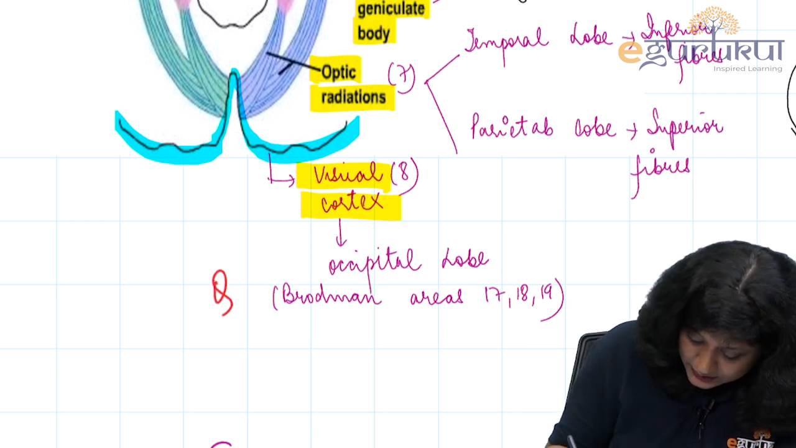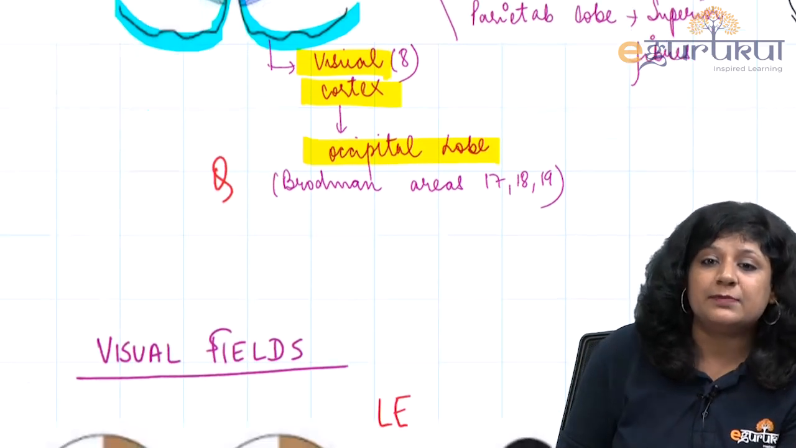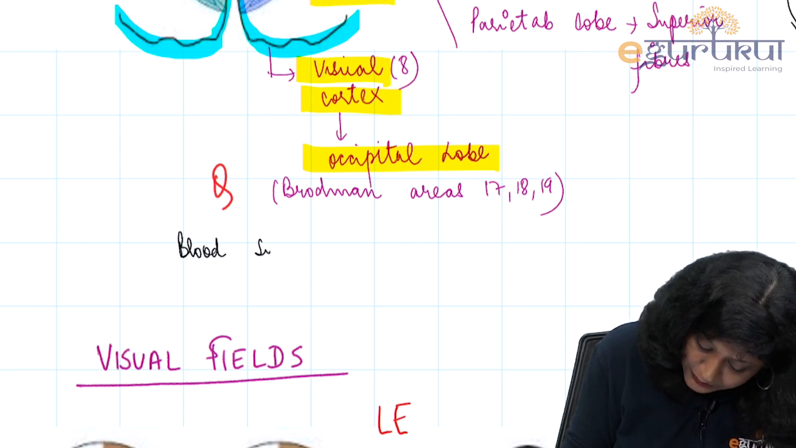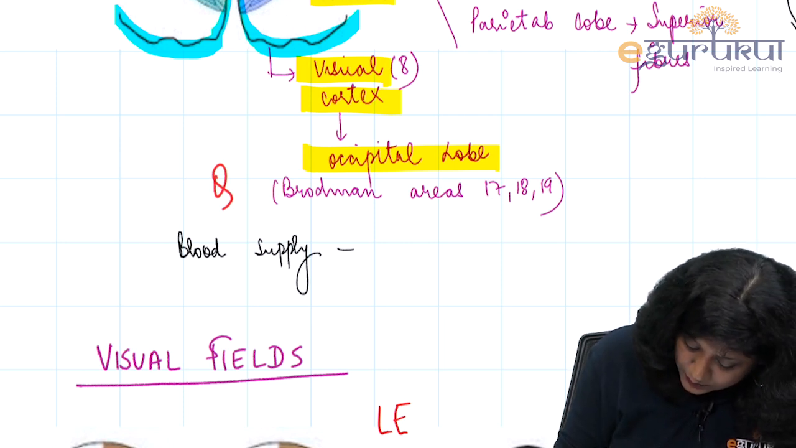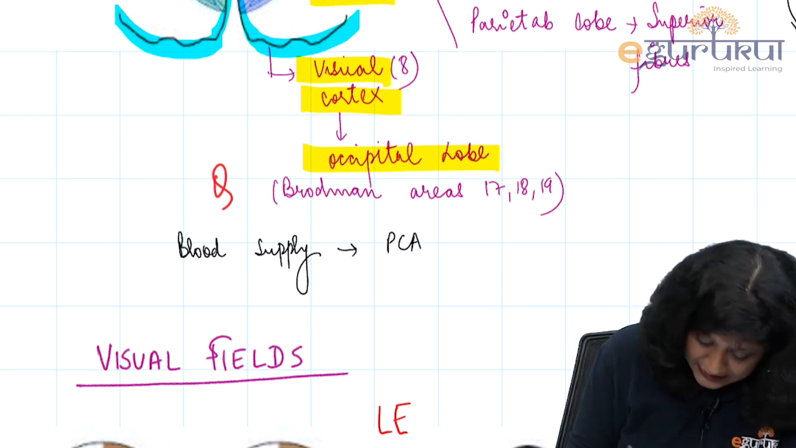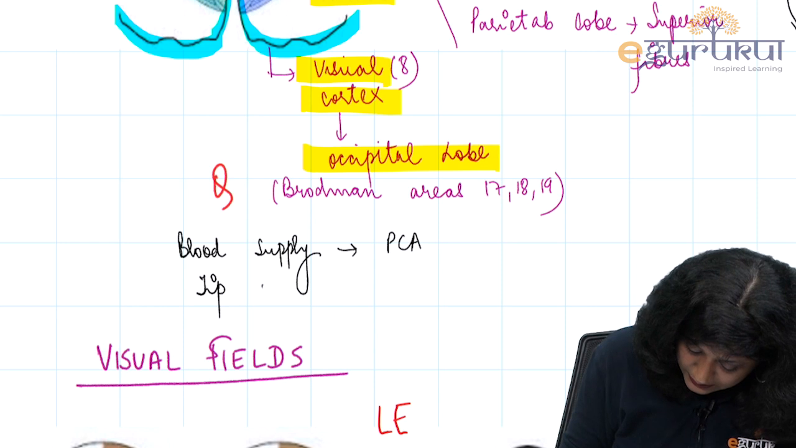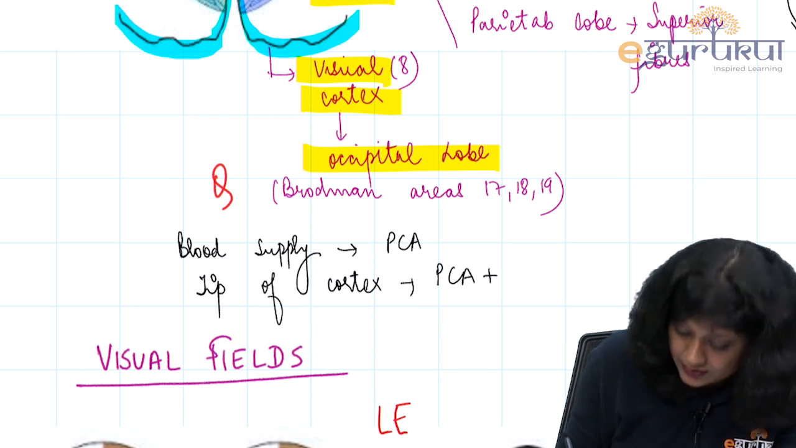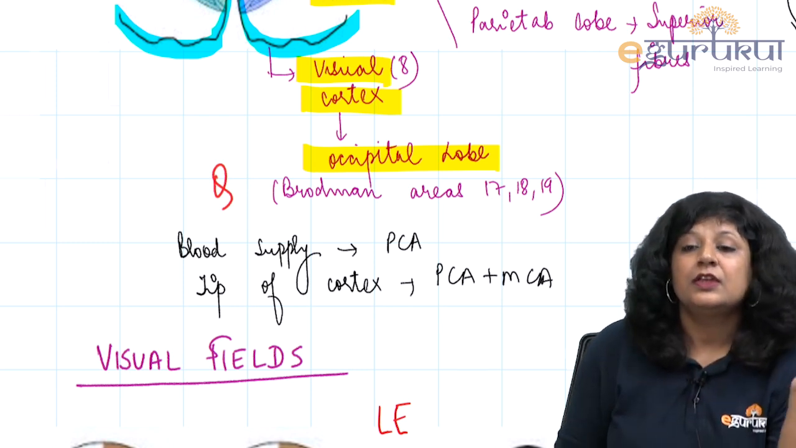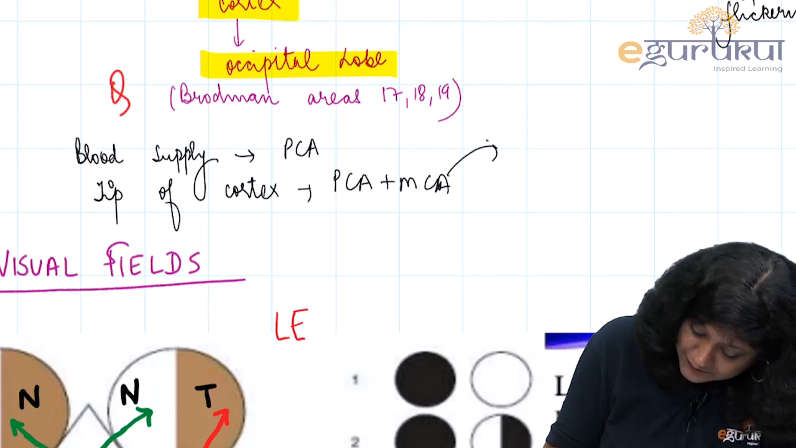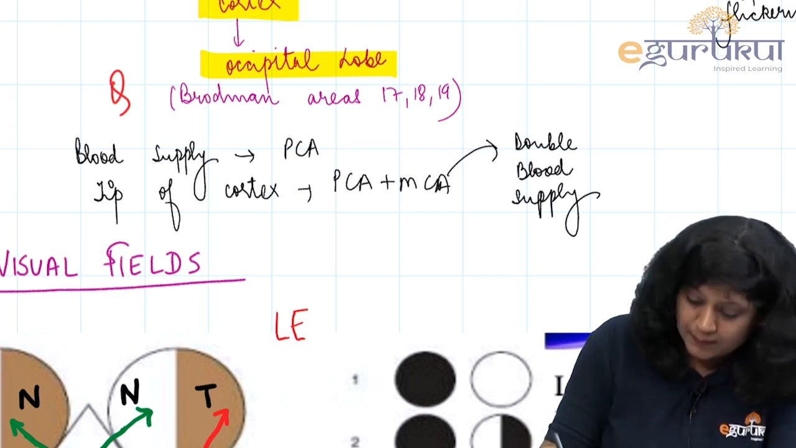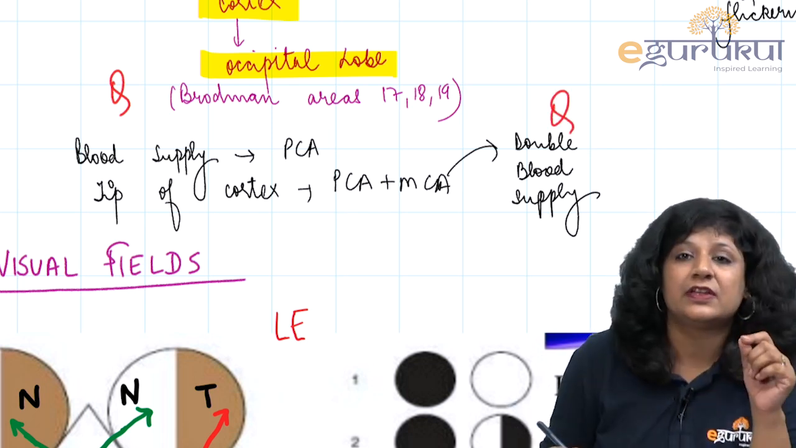So next is your occipital lobe. Side by side, you should also know the blood supply. The blood supply of the occipital lobe is the posterior cerebral artery, while the tip of the visual cortex is supplied by the posterior cerebral artery plus the middle cerebral artery. Now this is again important because this gives you the double blood supply. That means the macular area, which is represented by the tip of the visual cortex, has the double